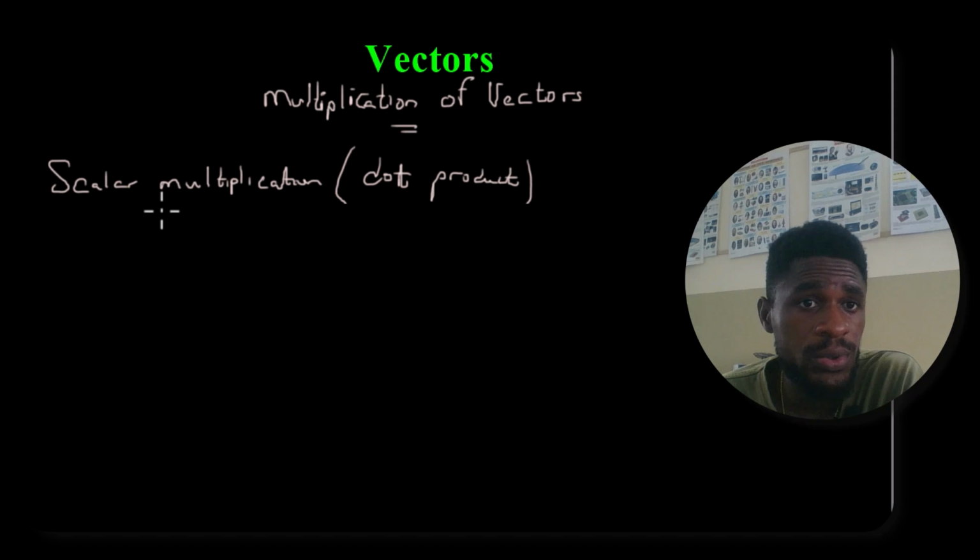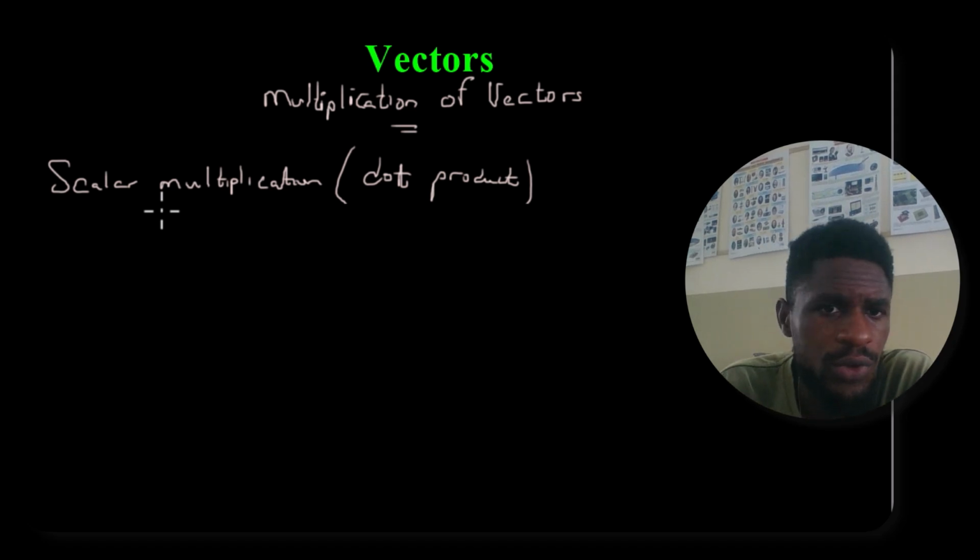What about the vector product? As the name implies, when we multiply the two vectors together, it is going to result in another vector. So we have various applications across science and engineering, depending on what we are trying to do or trying to achieve. Now, let's say we have two vectors, vector A